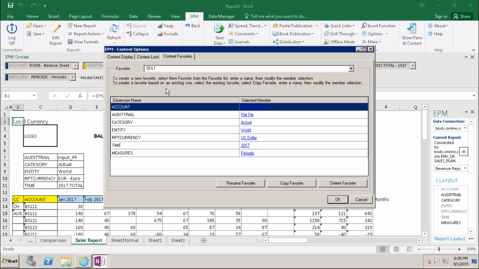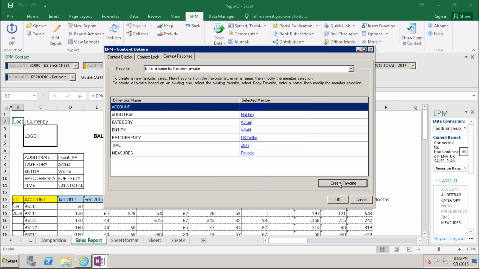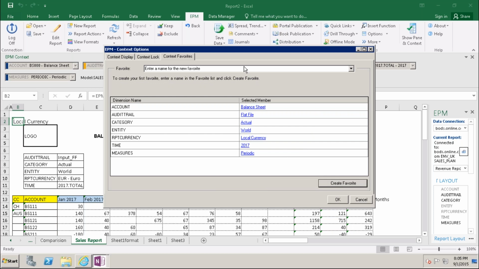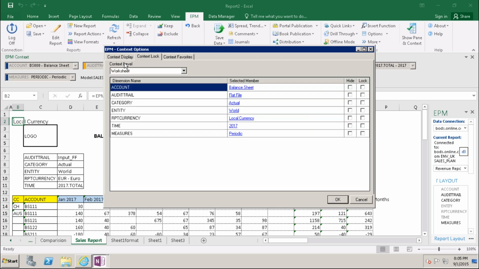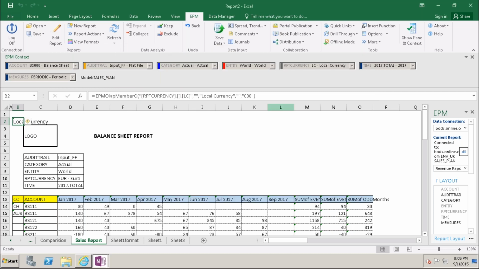Then there are copy favorite, rename favorite, delete favorite.